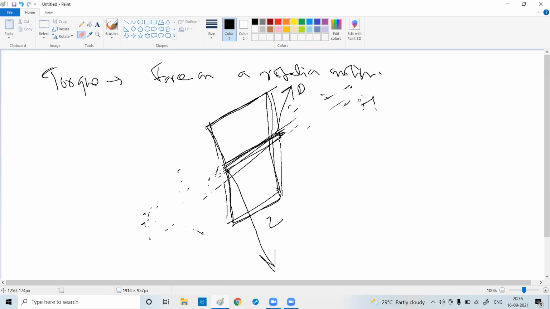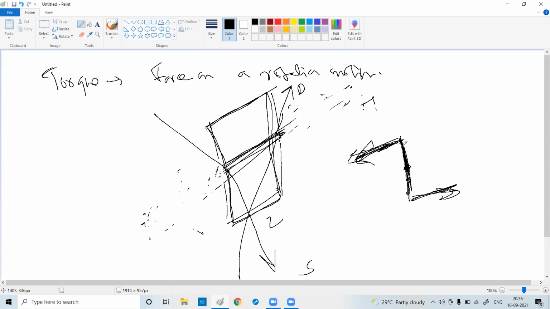Understood? Then what is there? Now, if you see, Dhruv is pulling in this direction, and Swarup is pulling in this direction. It is basically like a wire: I am pulling in this direction and somebody is pulling in the other direction. What will happen? Just keep your pen. Have you played a rotational pen game? You try to rotate it, no? If you want to rotate it, you will apply a force here in this direction, and you will apply another force in this direction. Then this pen will rotate. Yes or no? Yes, sir.